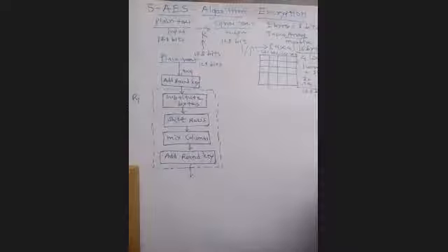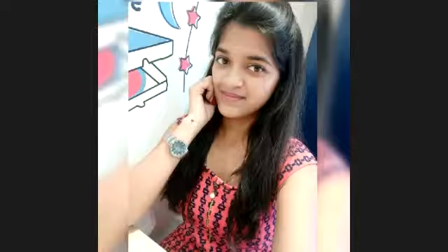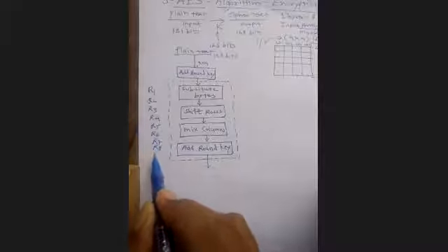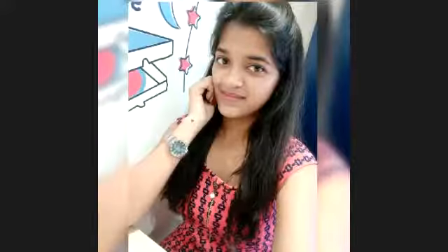In the DES algorithm, you complete 16 rounds. But here in the AES algorithm, how many rounds do you have to complete? Round 10. You require round 10. Now I have just covered round 1. After completion of this round 1, you follow the same things for round 2, round 3, round 4, round 5, round 6, round 7, round 8, and round 9. Correct? So these same things you have to follow.